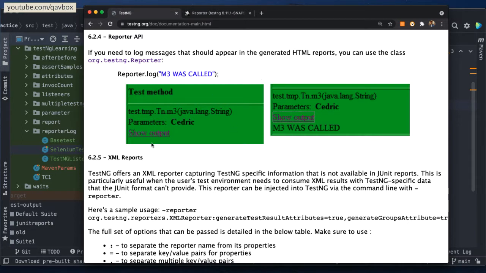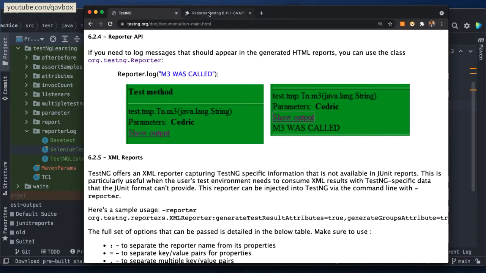Once you do that, this is the HTML report generated by your TestNG, either the emailable report or your index.html. Any one of these reports you can see. So you can see Reporter.log, whatever message you are sending, you can see the same thing inside this actually. Okay, so that is what I'm going to show, but we won't be limited to just this Reporter.log. I will be showing you the different benefits of this Reporter.log you can utilize to customize your HTML report. So let's get started.